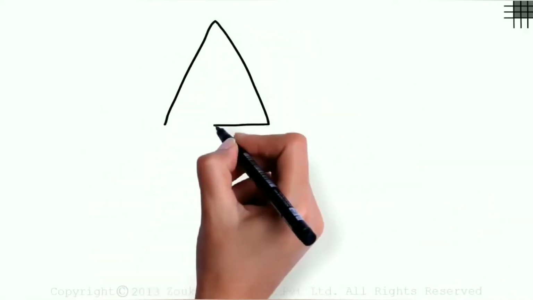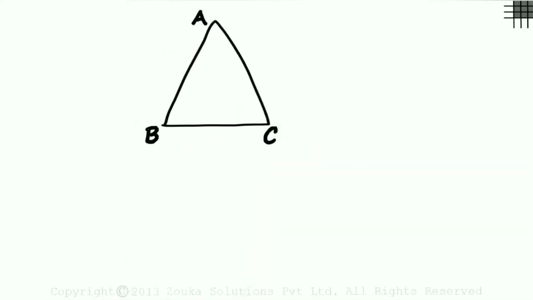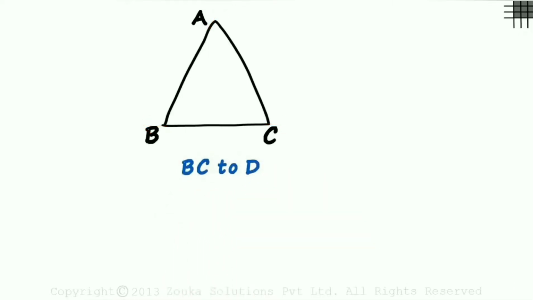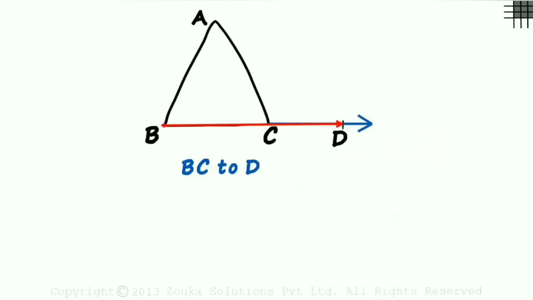Consider any triangle and let's call it triangle ABC. We know what the internal angles are, but what are exterior angles of a triangle? It's simple. We just extend any one side. Let us produce side BC to point D, like this. Since we've just extended BC to D, it means that BD is also a straight line. That's it. This angle is an exterior angle.